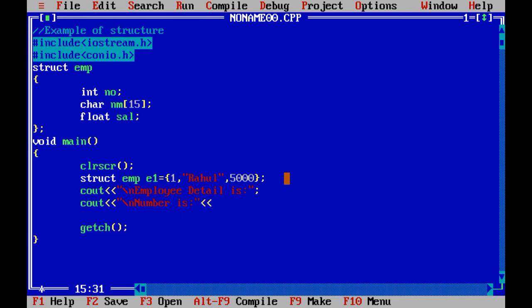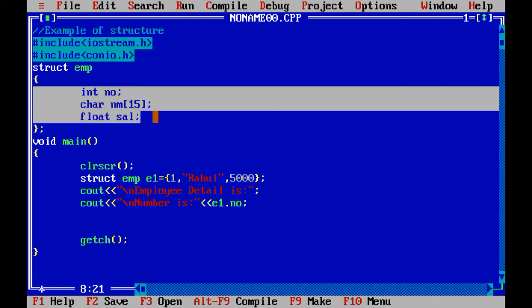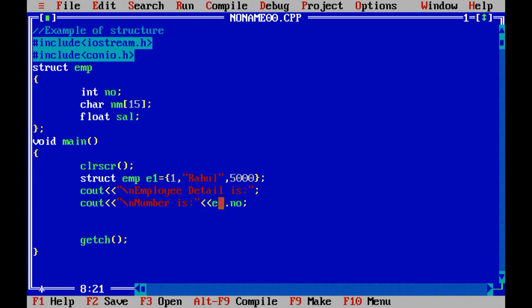I am going to concatenate two values, e1.number. You can concatenate your string in this way using the double less than operator. See over here, I have used e1.number. Why? Because with the help of the variable of that structure, I am able to access the variable declared inside the structure. So you need to use e1.number.